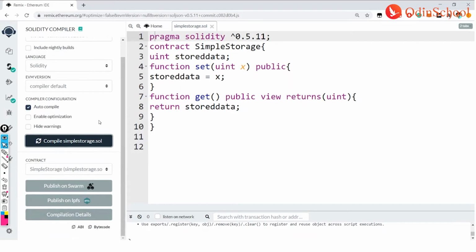Like what I have explained right now, you don't see any errors or any issues. That's how it's been done. The compilation process is completed.